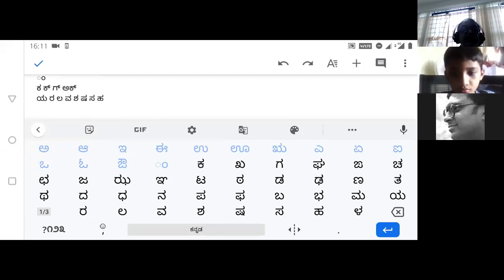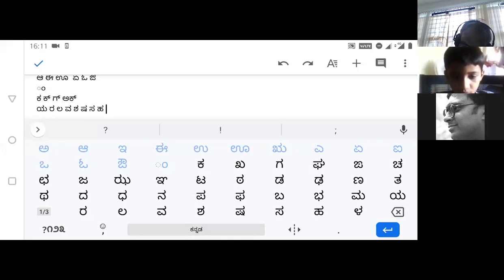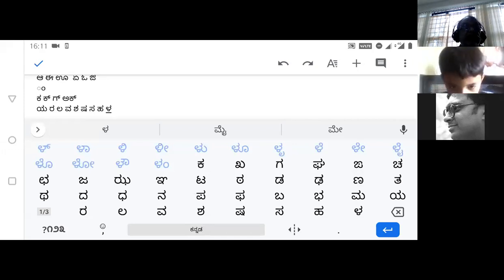So these are the 3 plus 3 is 6 plus 1, 7. Yara lava. Shasha, saha, la. Oh, I left that. Okay. So they are the Yara lava, Shasha, saha, and la. So 9 letters. So totally you have 5 into 5, 25 plus 9 here.